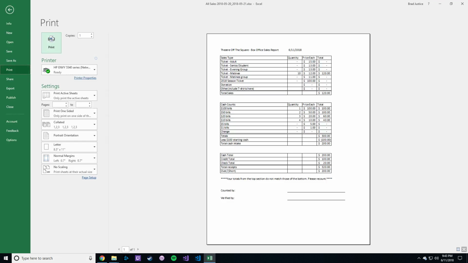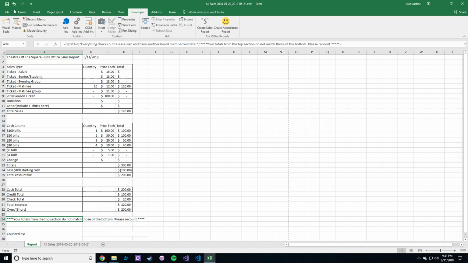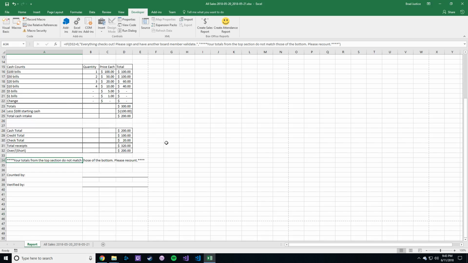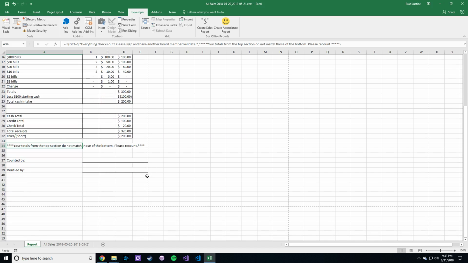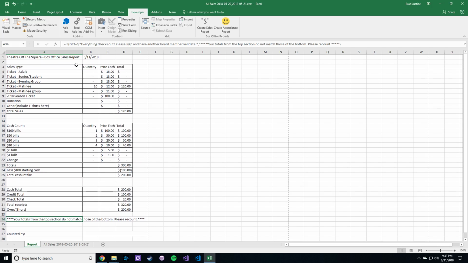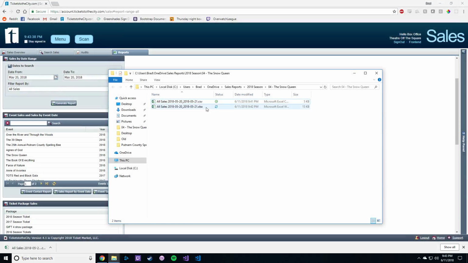File, Print, Print. Once that prints off, you'll need to get another board member present to count your cash, total up your checks, and make sure that all of your math here lines up and that you're not stealing any money. If everything's good, you'll both sign here on the counted by and verified by, and bundle this report with the information that goes into the manila envelope and into the box office file cabinet in the closet. So at that point, you can close this, and you'll want to delete the CSV file. Be sure you leave the